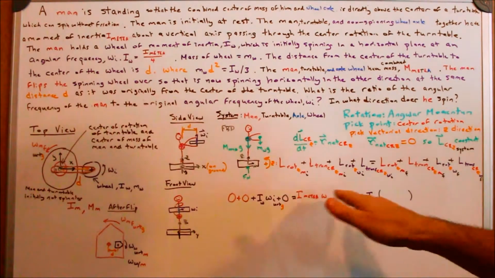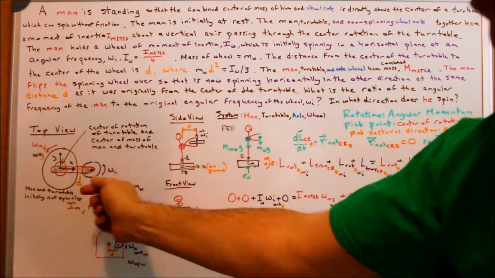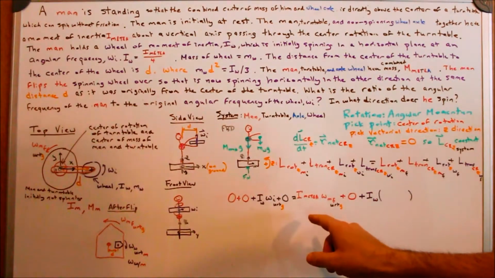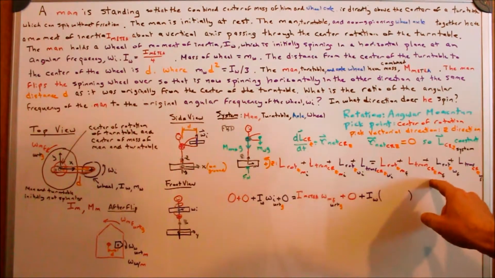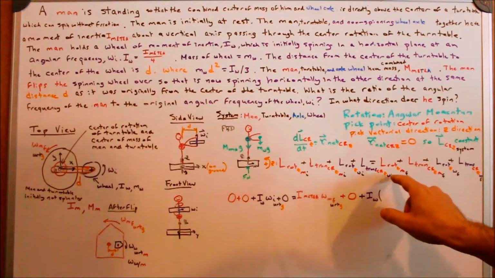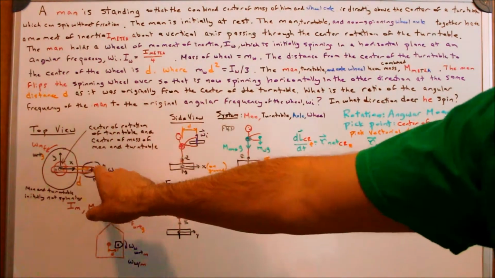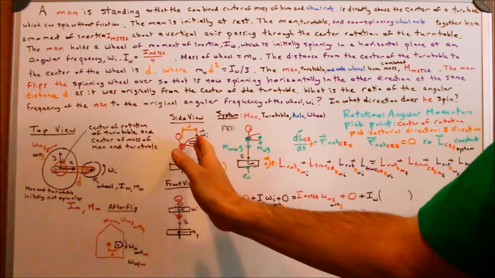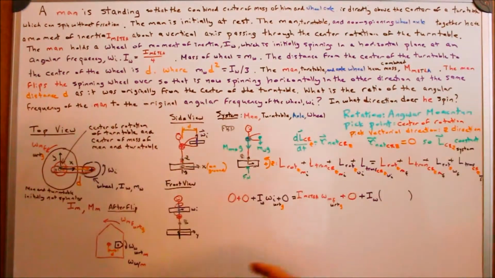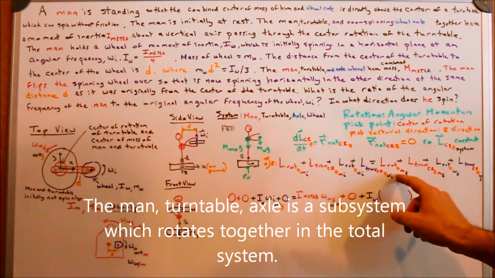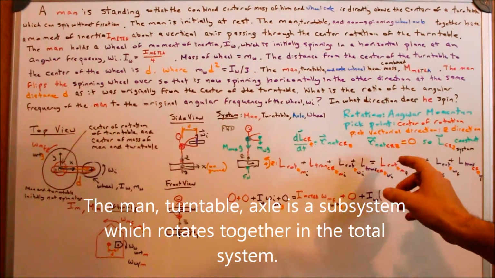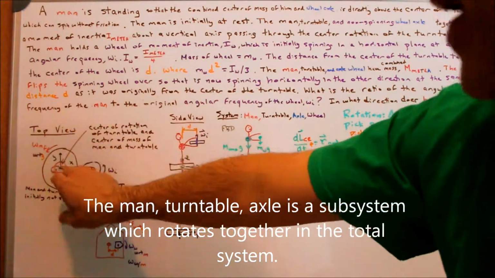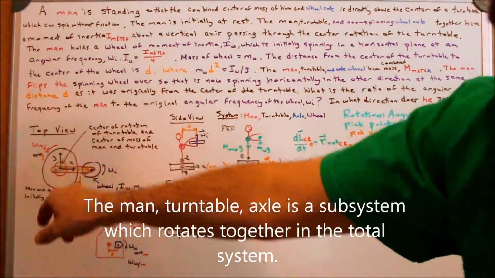Now, after I flipped, so he's flipped it over, and now we're going to start thinking finally what happened. Well, okay, so the first term is the man-disc-axle system, which we're told still has its center of mass above the center rotation point. We just worry about rotation about its own center of mass. So the center of mass is there. Is the man